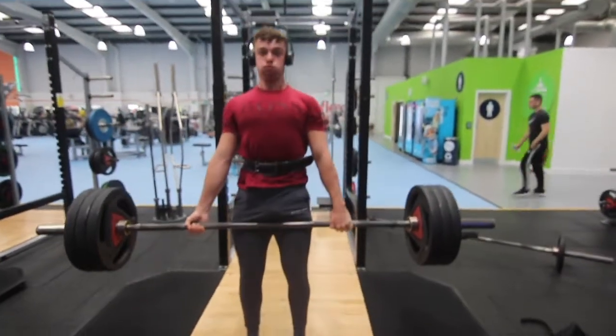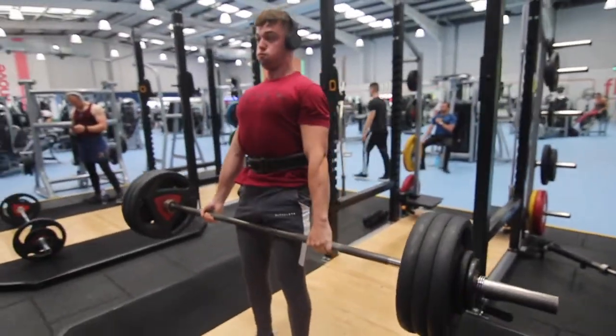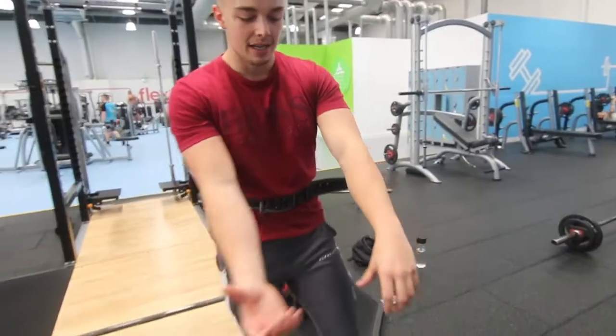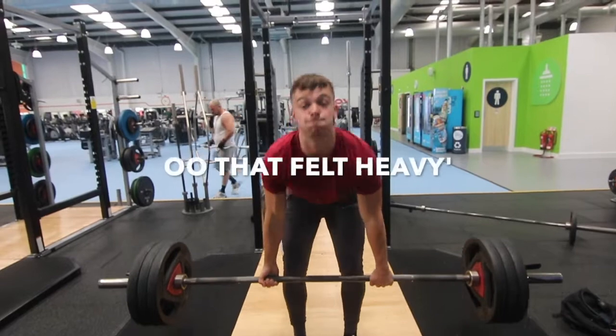This is the last one, and I'm going to give this a go. The last set was horrendous just because of my grip. My grip for some reason was just so wide. And should be there, so last set. Oh, that feels